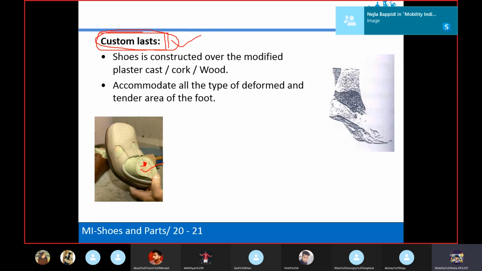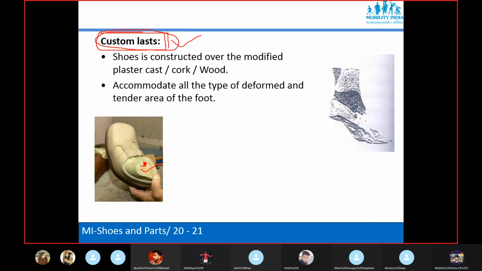Over this shoe last, the shoe is designed and constructed. You can see this picture. What is inside that footwear? This wooden material, that is the shoe last. And over the shoe last, the shoe is constructed.